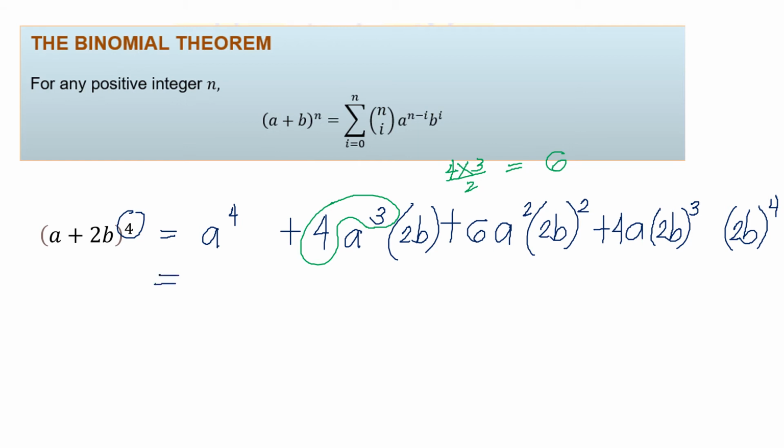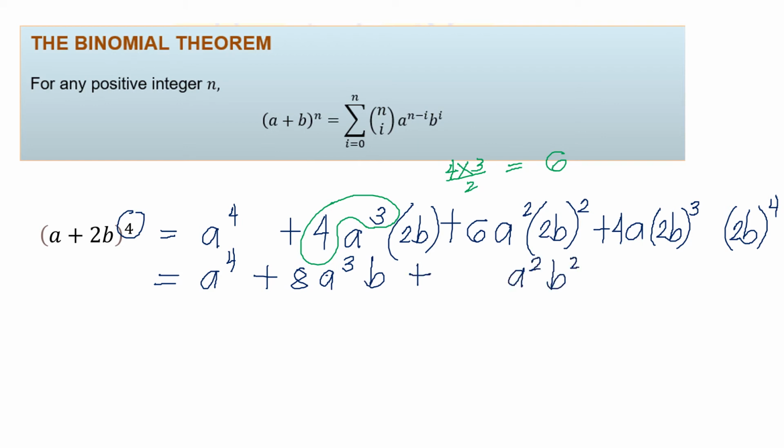So the next thing we need to do here is to expand the 2 here. Okay, so we observe here, this is 2 raised to 2, 2 raised to 3, 2 raised to 4. So we need to expand all of them. So we now have a raised to 4 plus 4 times 2. So we need to complete now. We have to simplify everything. 4 times 2 is equal to 8. So we have 8a raised to 3b plus, this is a squared b squared